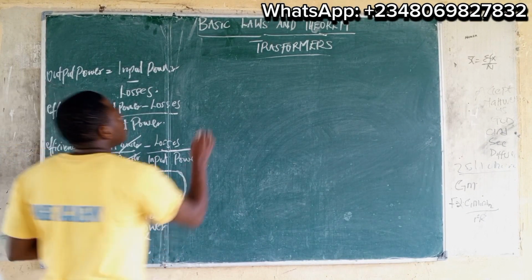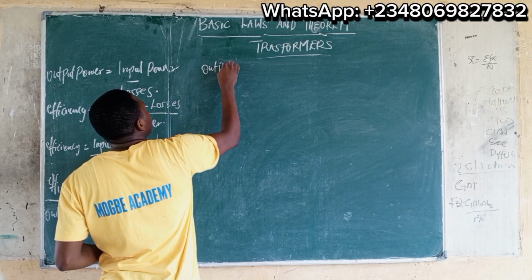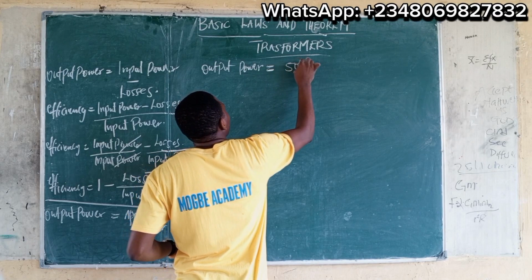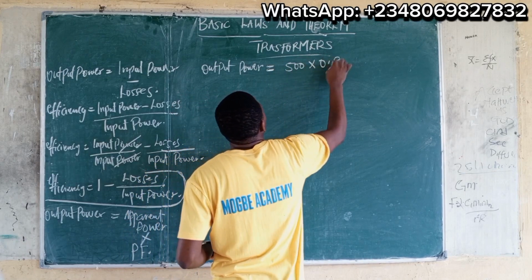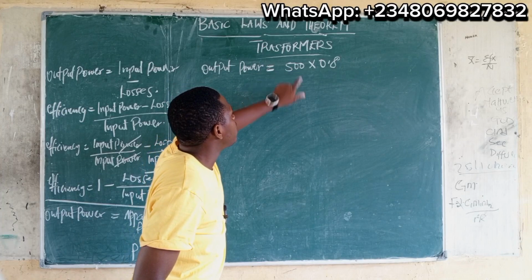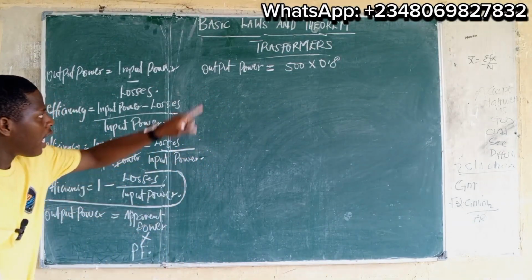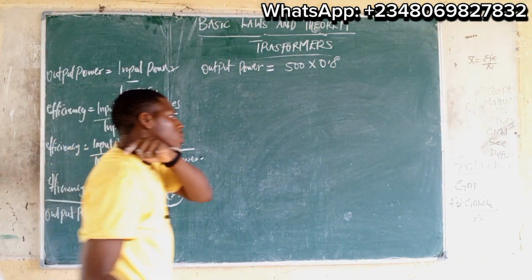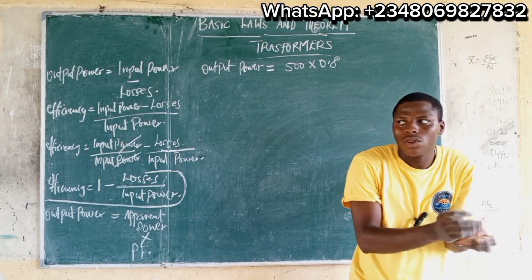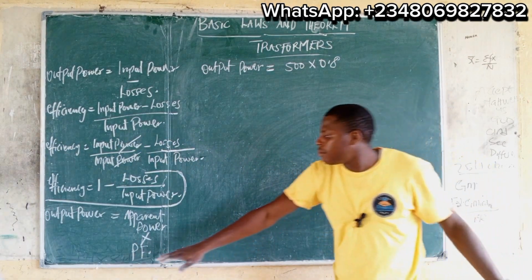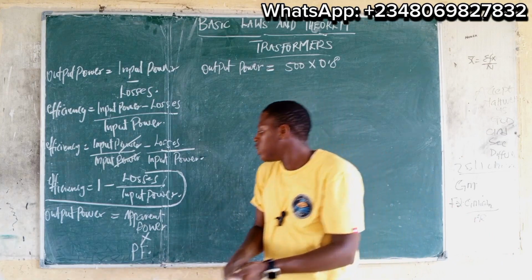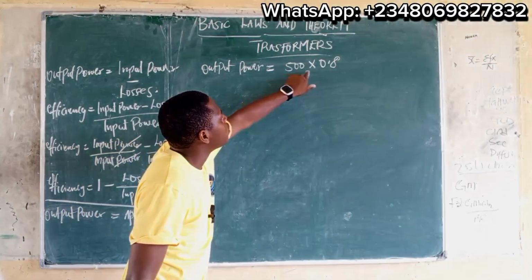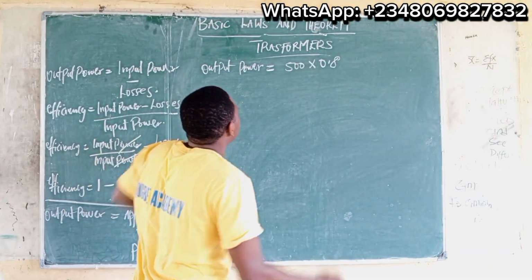If we calculate our output power, it will simply be 500 times 0.8. The 500 is our apparent power, and the 0.8 is our packing factor that was given in our question. But what was given in our question was power factor, not packing factor. I told you that if you are not seeing packing factor, you will be seeing power factor. Using that approach, our output power will be 500 times 0.8. If you do this, you simply arrive at